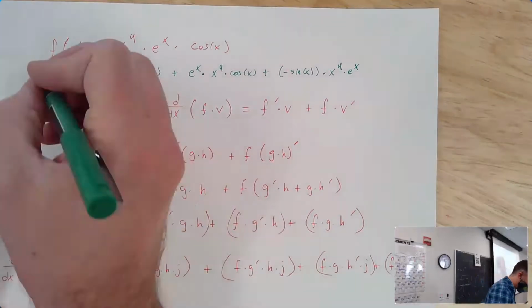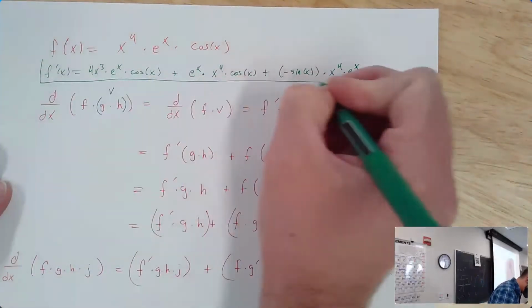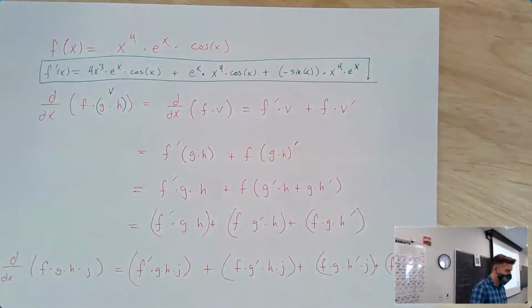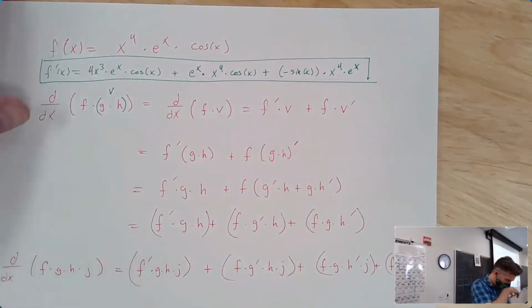So that's how we would take the derivatives. And I would not bother trying to simplify this at all unless I had to do more with it. Obviously, you could factor out an x cubed and an e to the x if you're trying to set this equal to 0, but we're not going to do that. And in general,